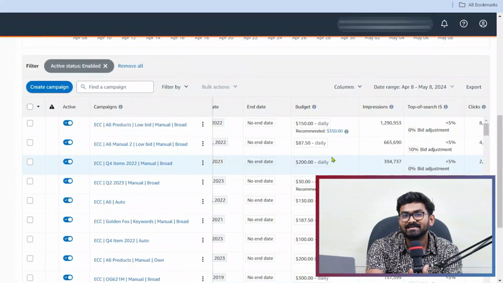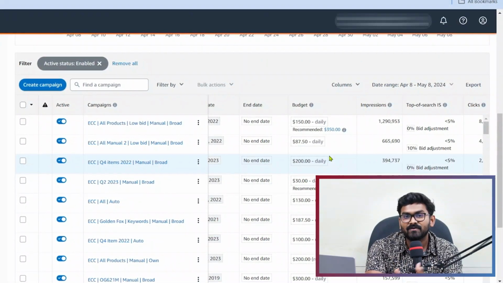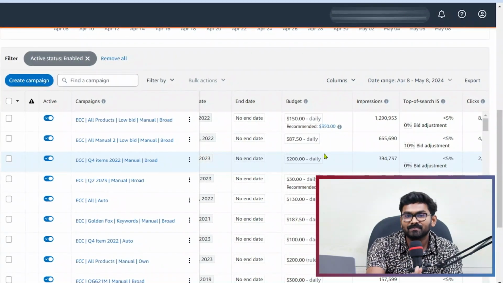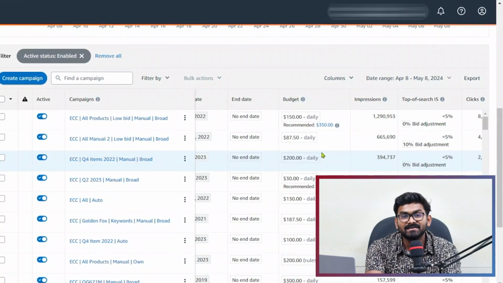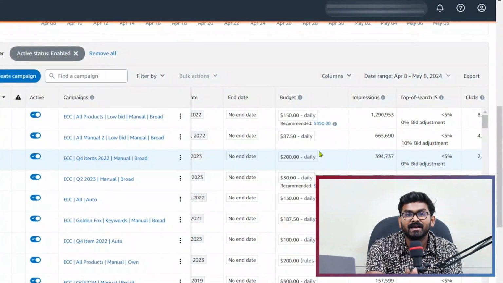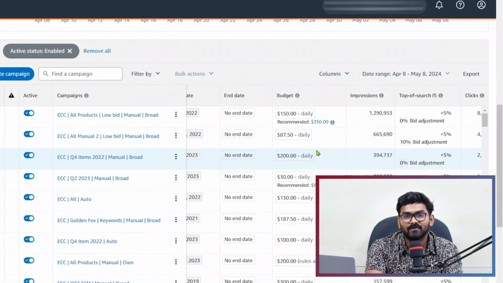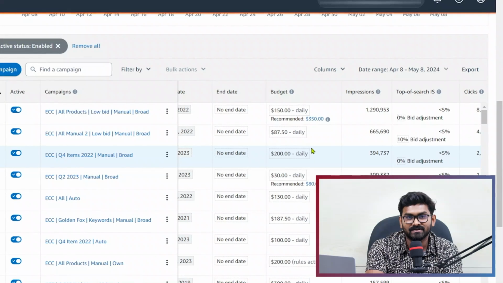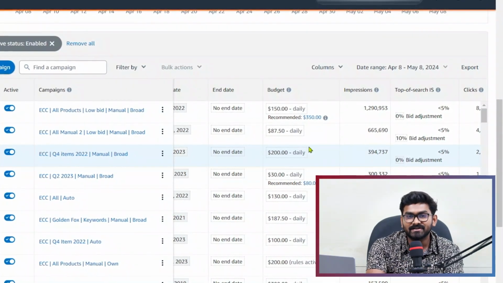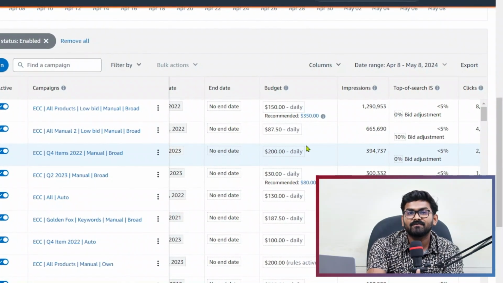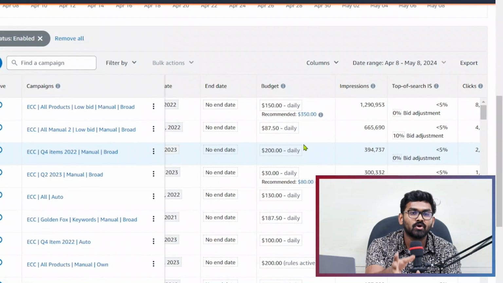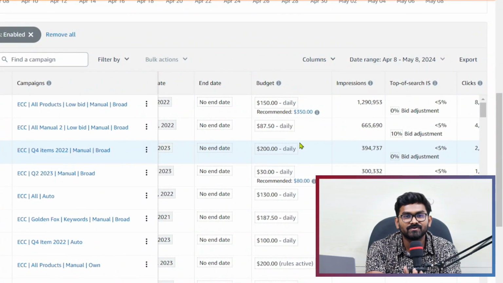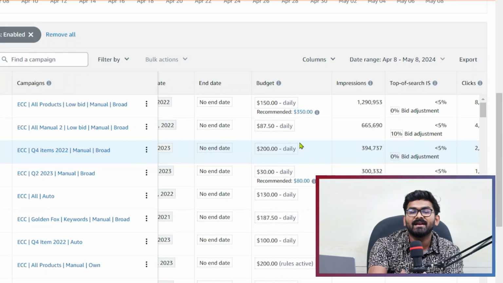So if anyone asks me whether they should use a budget cap for their campaigns or not, then I would suggest, if your brand is already established on Amazon and you are optimizing your campaigns for profit, then you should definitely use the budget cap so that you will have much more control over your spending. Similarly, if you are looking for increasing your product visibility in front of the customers and you just launched your brand, in that case, please do not use a budget cap and try to spend as much as possible for your campaigns.